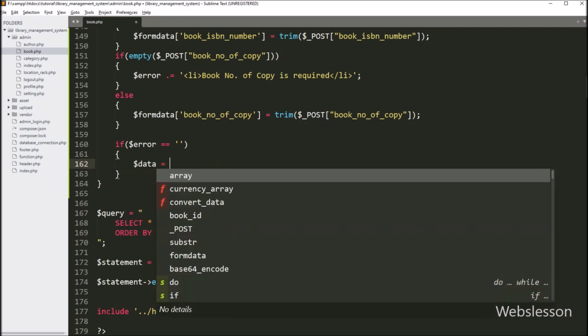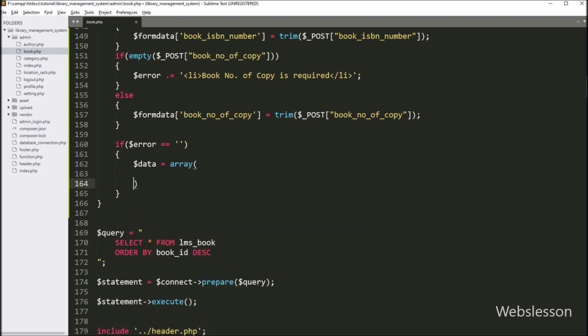And under this block, we have to create $data variable is equal to array. And under this variable, we will store data for inserting into the MySQL table. Under the array first key, we have to write book category, and in value, we have to write $form_data book category variable.